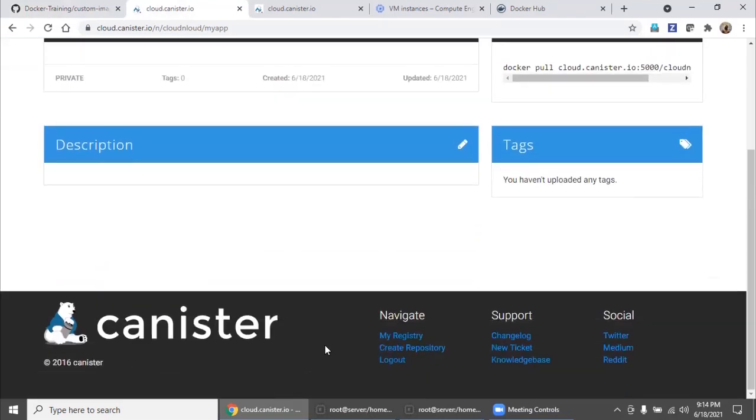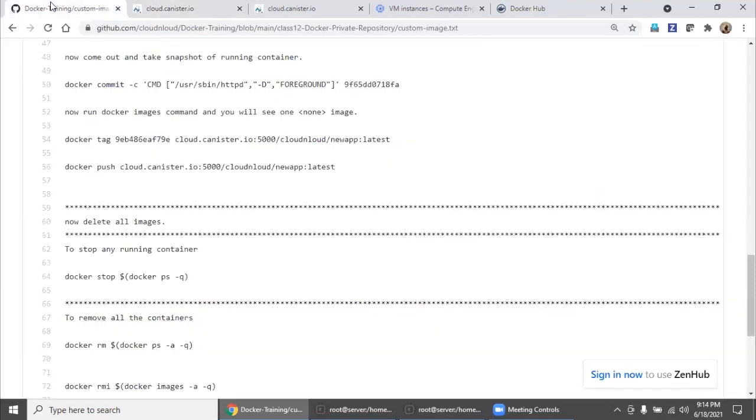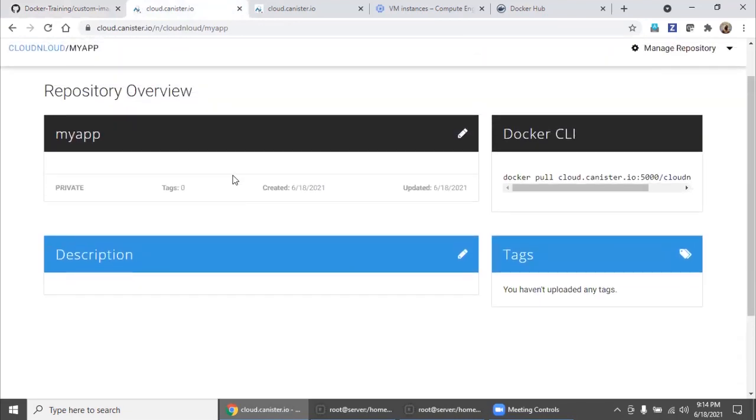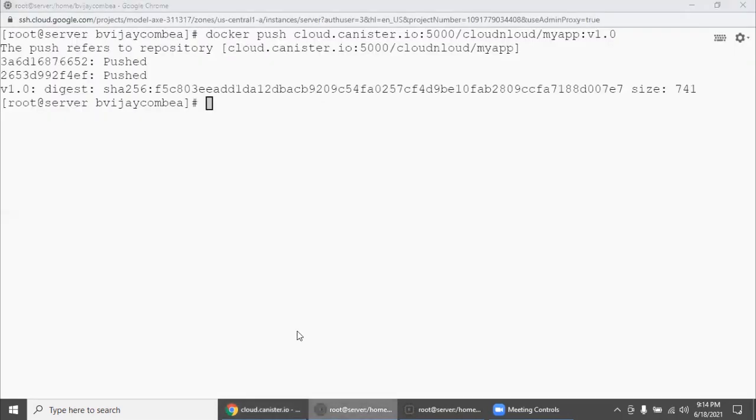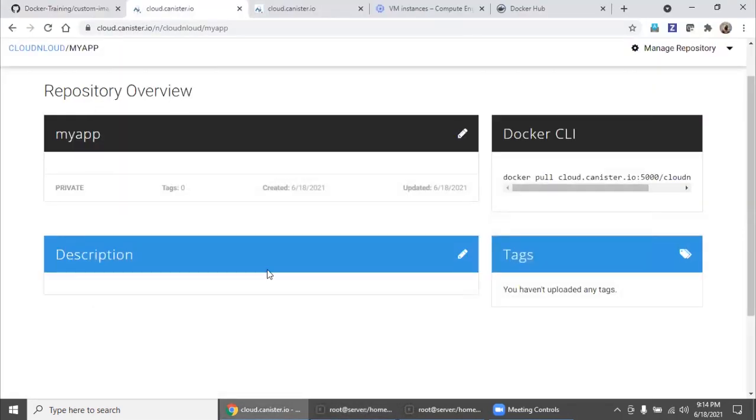What we can do is simulate this, because I want to understand whether it is working or not. As per this output, we are not able to confirm whether the image has been pushed successfully, but we haven't got any error. But we need to test it.